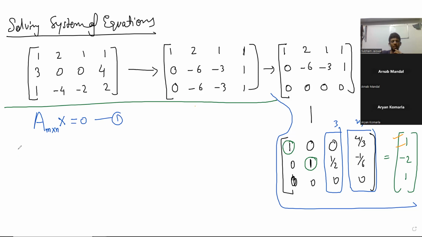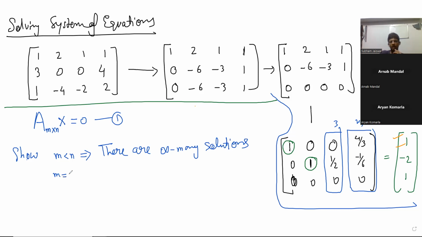So show m less than n implies there are infinitely many solutions. Okay, m equal to n